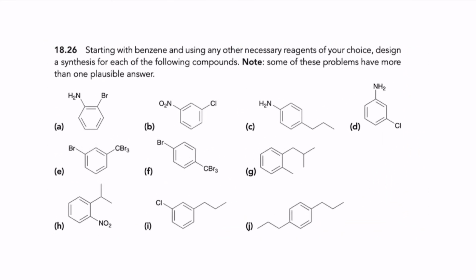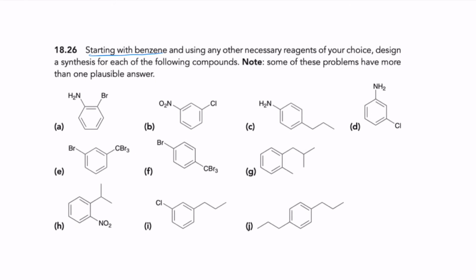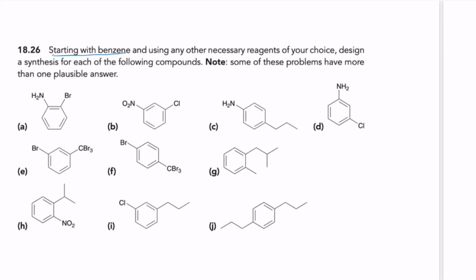So use the reaction diagram and use the moderate activator deactivator diagram, and try to find out whether you can synthesize these compounds. Start from benzene. Remember that we are always starting with benzene. So start from benzene and try if you can synthesize these compounds, right? So pause the video right here and try to solve these problems.